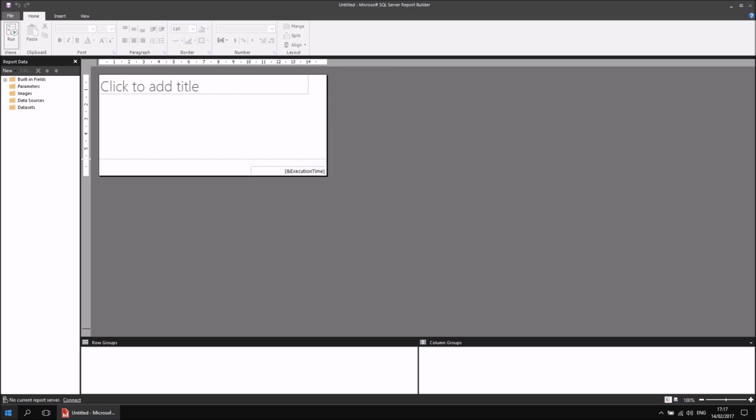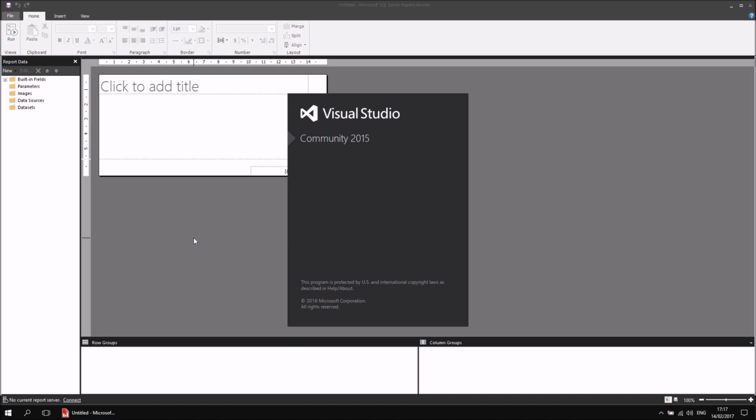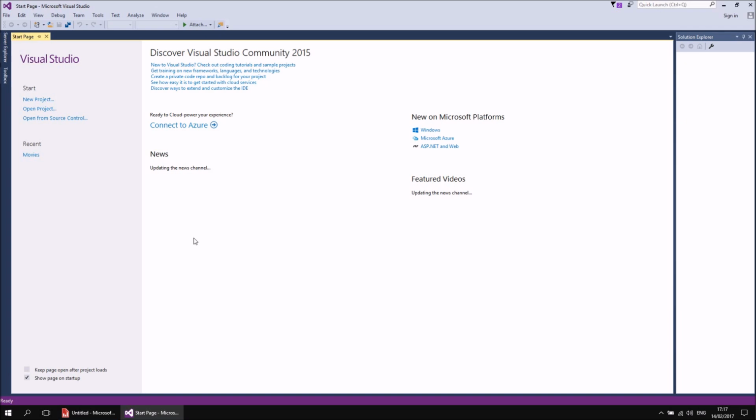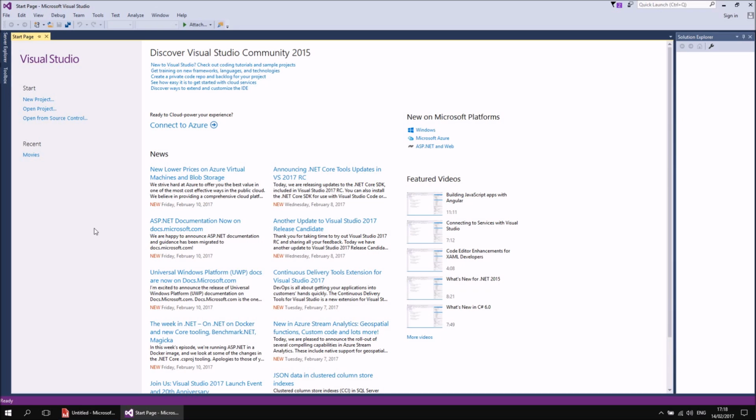What I have to do first, of course, is I need to launch Visual Studio, and again I've created a quick shortcut for it in this little section here of my Start menu, so that's Launch Visual Studio. It's a much larger application, of course. It takes a little longer to load, but when it has loaded, I can't just create a simple report by itself. In Visual Studio or SQL Server Data Tools, what I have to do is create an entire project to contain my report. So to make that work, I can click the new project link on the left hand side,